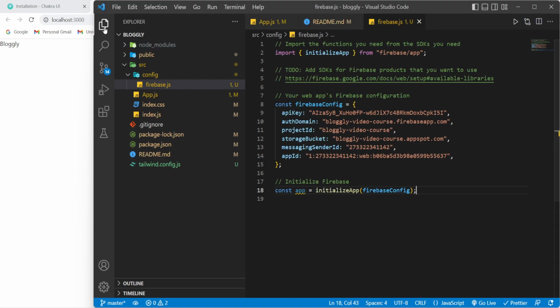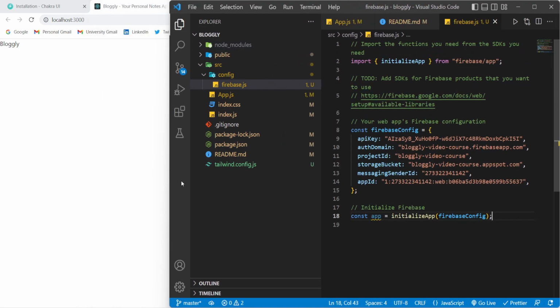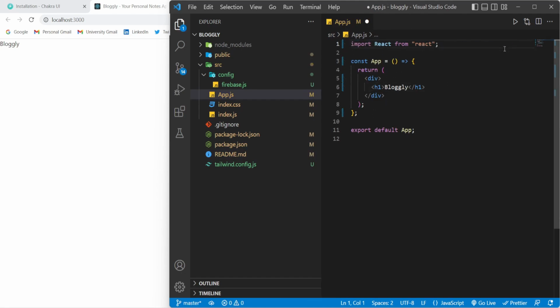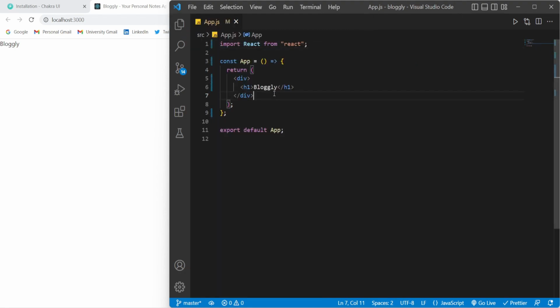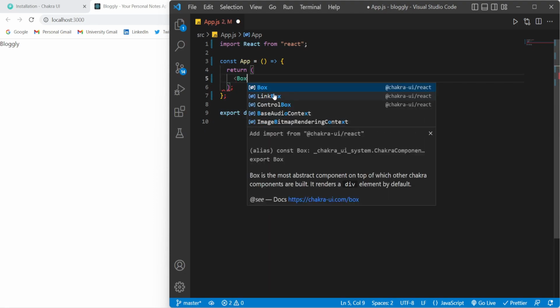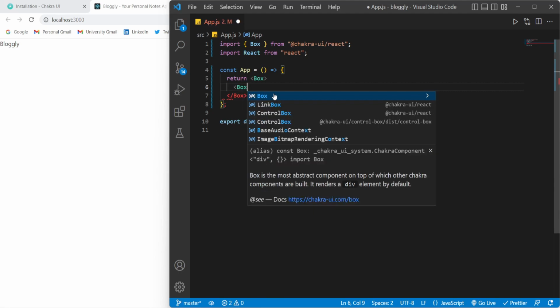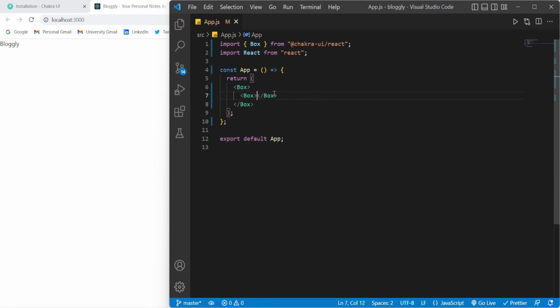So let me bring this VS Code in the side. So we will start with the app.js file. So let me remove this entire div. Here I will add the Box component from the Chakra UI, okay, which is similar to the div. Okay, now in this box what we are going to do, let us create one more box inside this div,